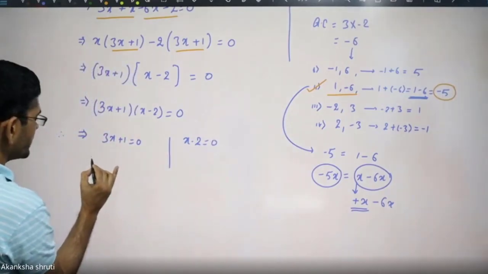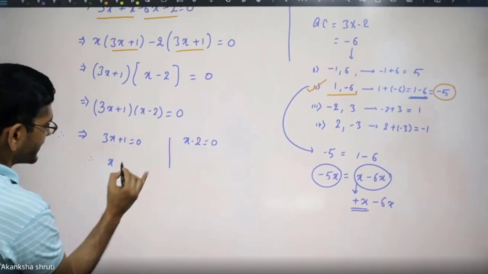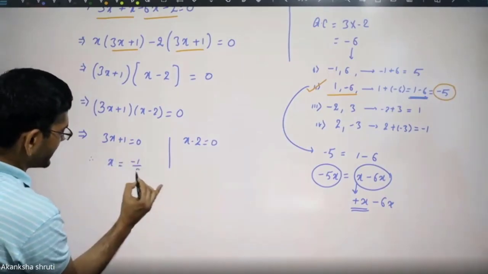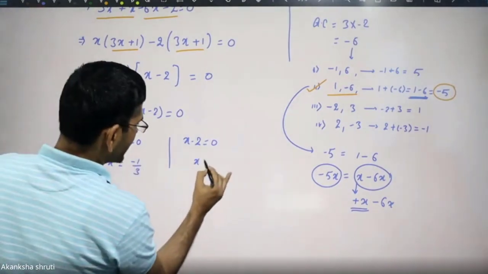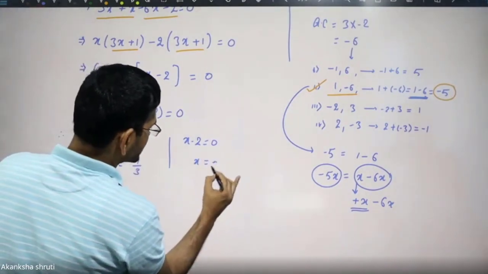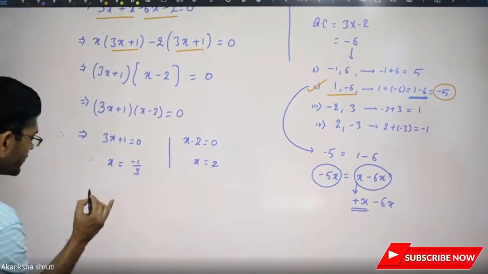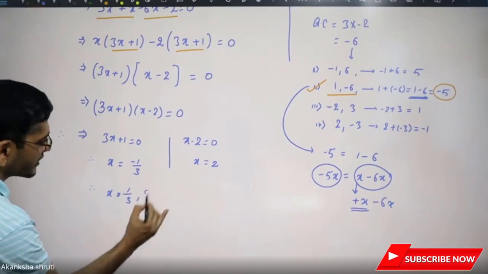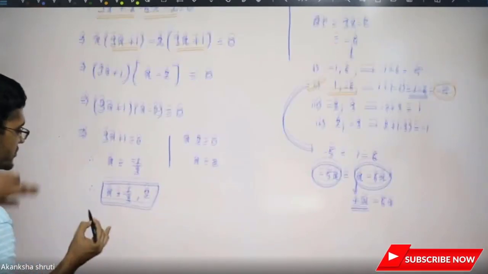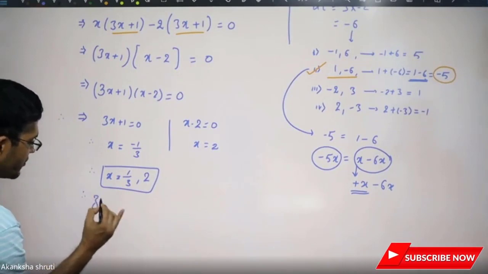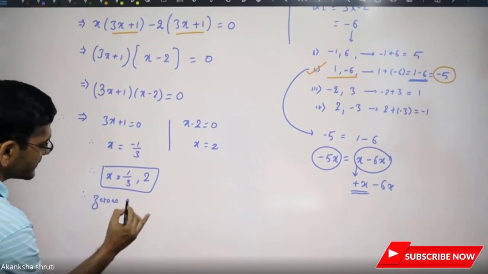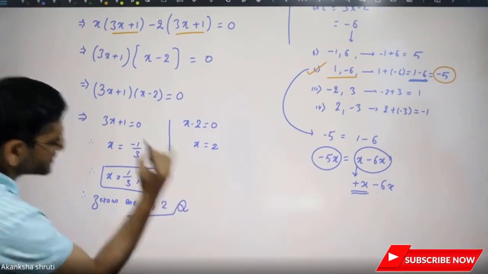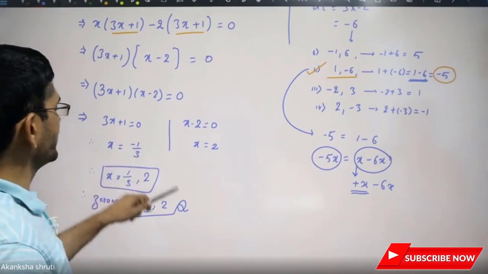So therefore from here we can get x, bring on the right hand side minus of 1. This 3 will come in denominator. From here this x will come on the right hand side, change its sign. So therefore collect both the values of x and write them together, 1 by 3 comma 2. So therefore zeros are 1 by 3 comma 2. So this is the method called first into third method.